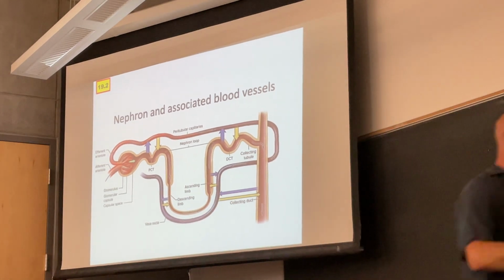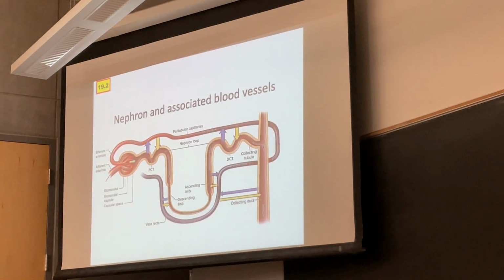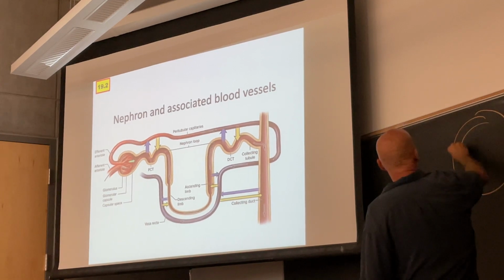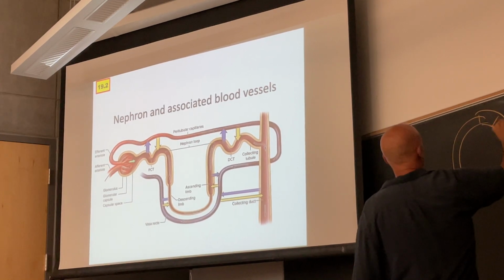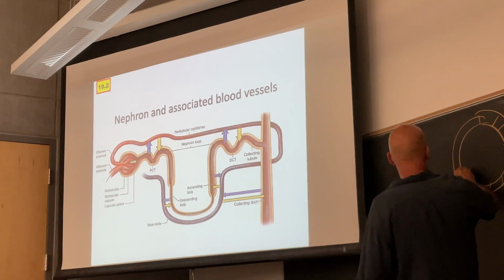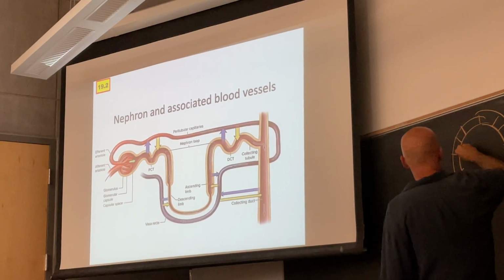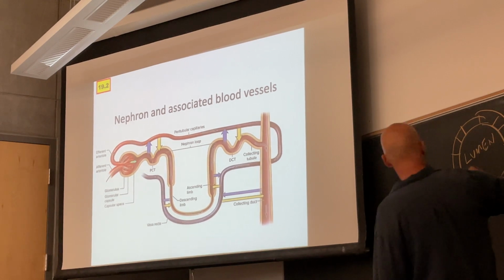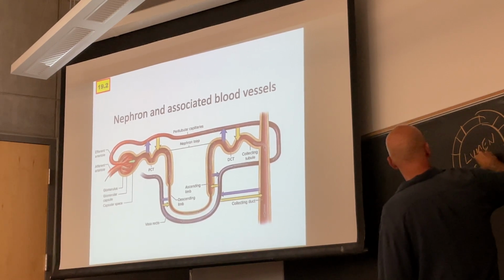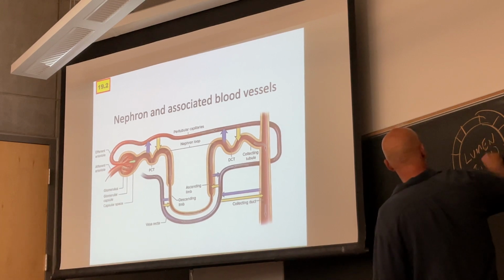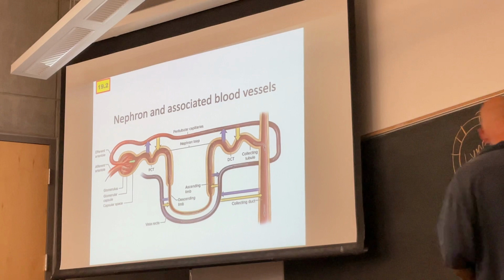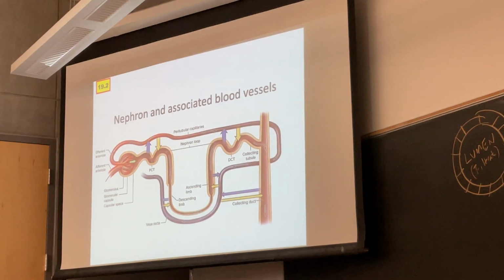So if we look at it from the side, over here, this is a cross section of one of these tubes, lined by those little tubular cells. Right there, this is the lumen, and this has the filtrate in it. This is outside the body right here. And then surrounding the tubule,